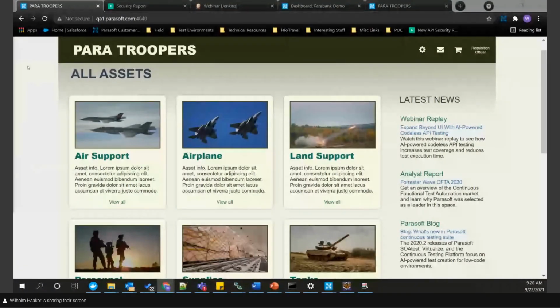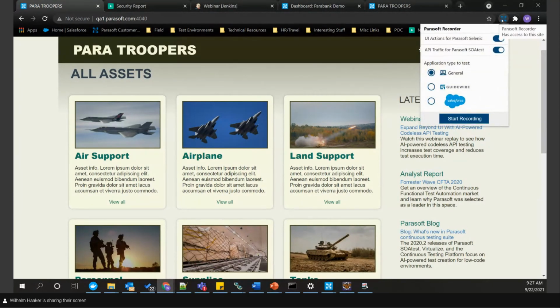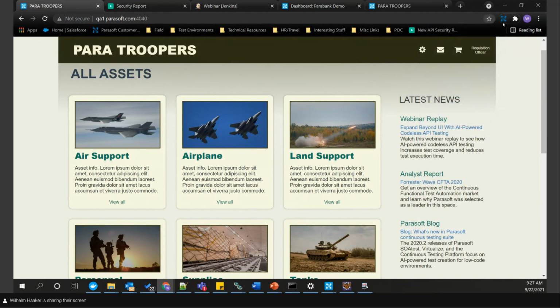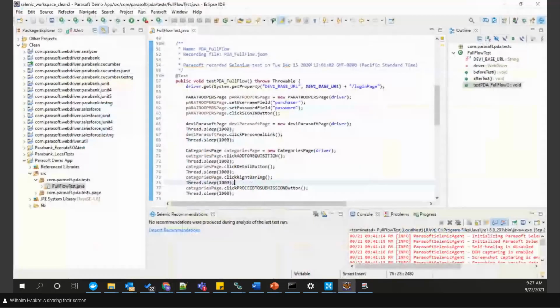All right. So the demo application I'm going to be working with today is called Paratroopers. It's a logistics app that deploys assets to various campaigns. And manual tests here can be recorded using our Chrome extension to record API traffic from the UI. But today, we're actually going to start things off by leveraging an existing UI test here to bootstrap our API